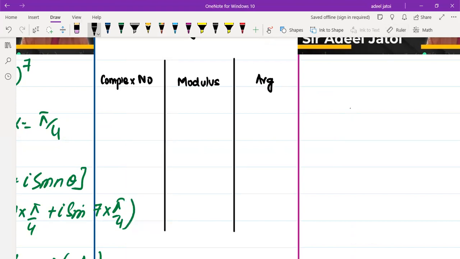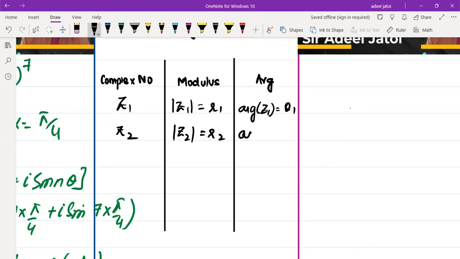If we have Z1, the modulus of Z1 is R1 and the argument of Z1 is theta 1. If we have Z2, the modulus of Z2 will be R2 and the argument of Z2 should be